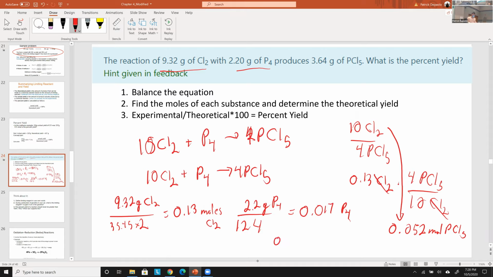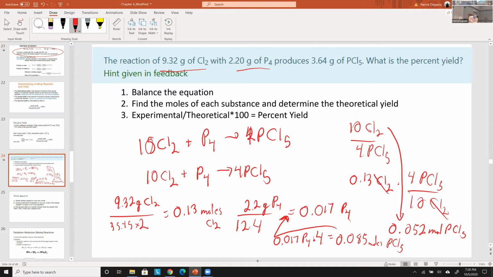So you have 0.017 moles of P4. And we know from the equation that 1 mole of P4 corresponds to 4 moles of PCl5. So we could just multiply it by 4 to figure out the amount of PCl5. 0.017 times 4 equals 0.068 moles of PCl5 from there. Okay. So now we know